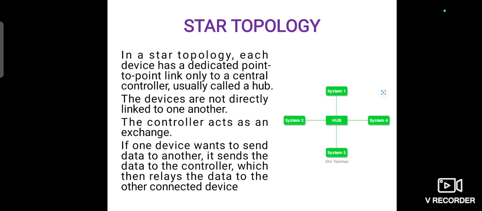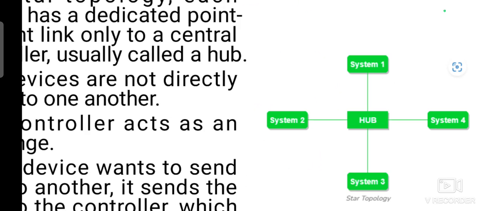So here in this diagram, there are 4 systems and there is one hub. The hub is the central point connecting all the 4 systems. For example, system 1 wants to send data to system 3 through the hub. System 1 sends the data to the hub and the hub sends the data to system 3. Through this we can access the data. This is what we call star topology. We have some advantages and